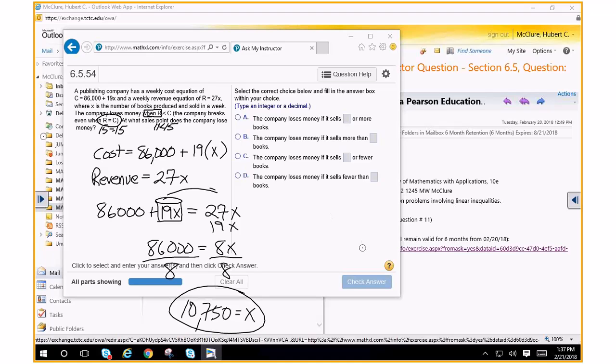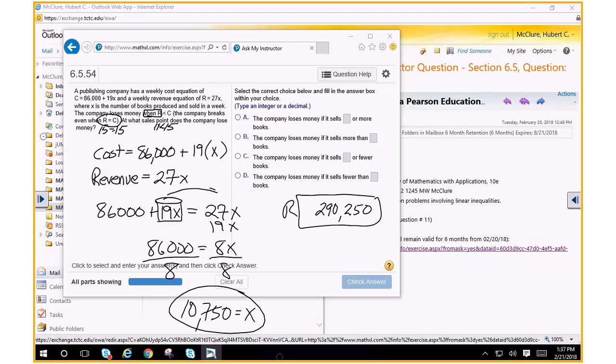I'm waiting. Calculator drill team. 10,750 times 27. 290,250. So that's the revenue that they have to generate. Okay? Now, what happens if you sell